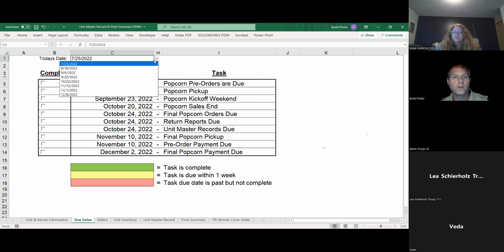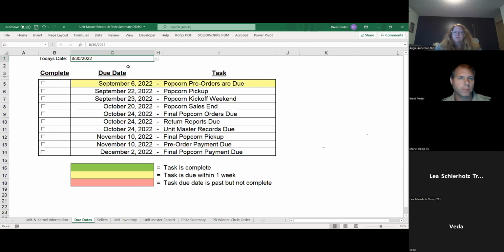Okay. If we pull up, this will be an automatic date. I'm just doing this for demonstration purposes. This will be automatically populated for today's date. That field will be locked, so you can't adjust it. But as you get within a week of the due date, you're going to have a yellow bar across, so you know it's coming within the next 7 days.